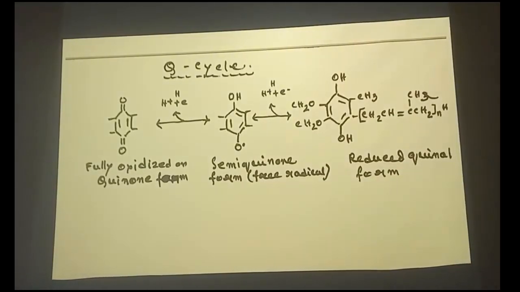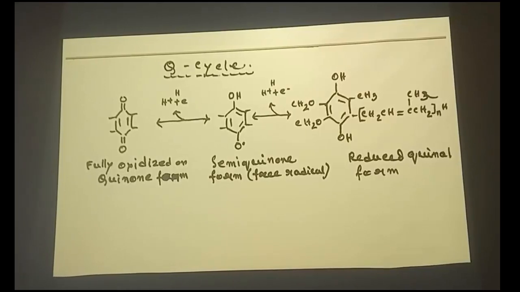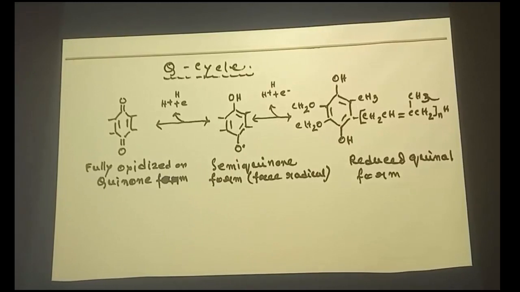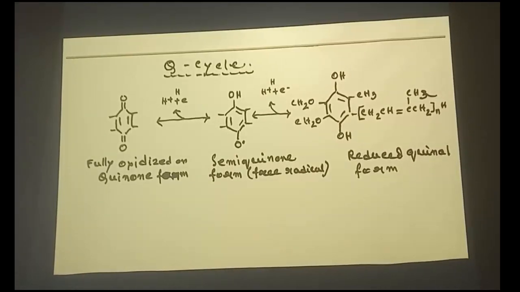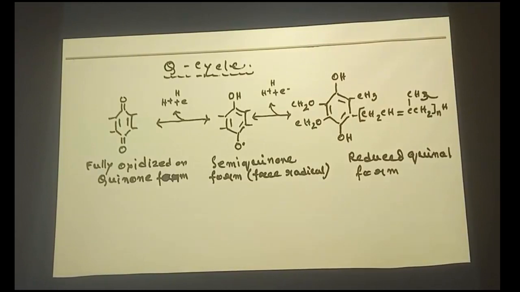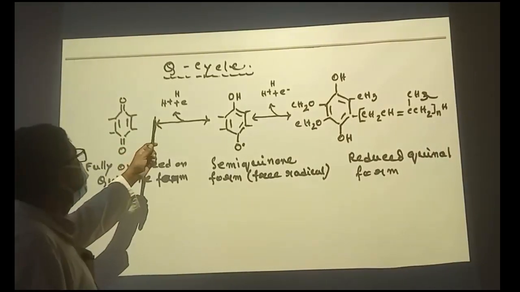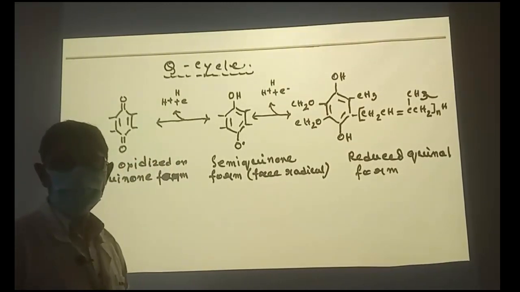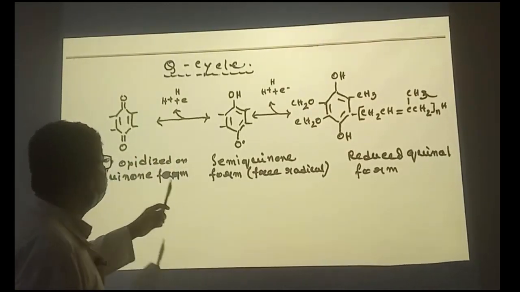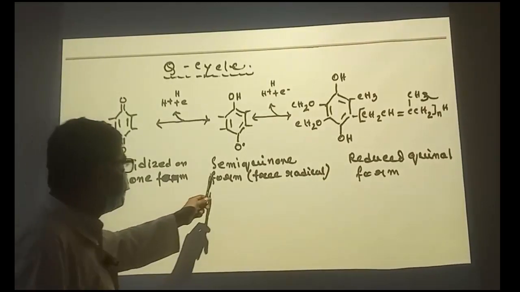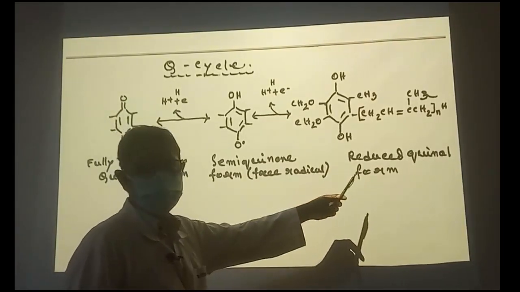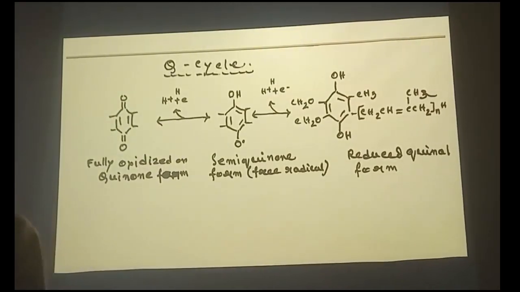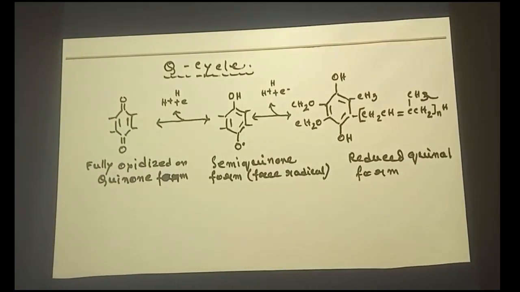So before we go into the oxidative phosphorylation process, we should know about the character of coenzyme Q. Coenzyme Q is a very important component of the electron transport chain, which is a mobile electron carrier. Now this Q can be fully oxidized, semiquinone, or fully reduced. So it can accept and release electrons. That is the most important thing, and it can move from one end of the membrane to the other end.